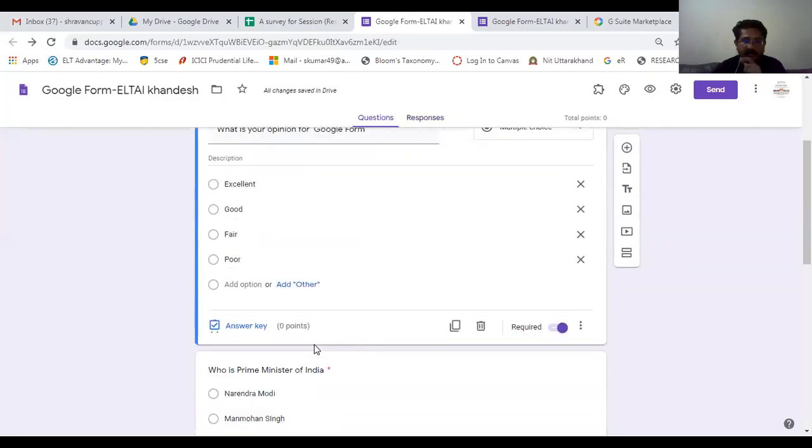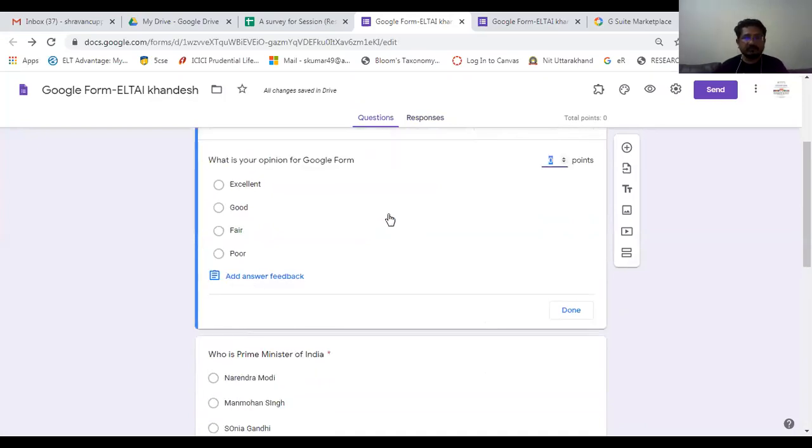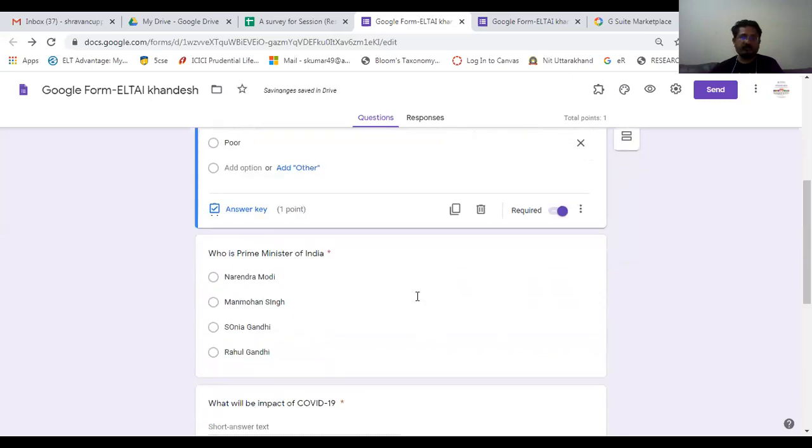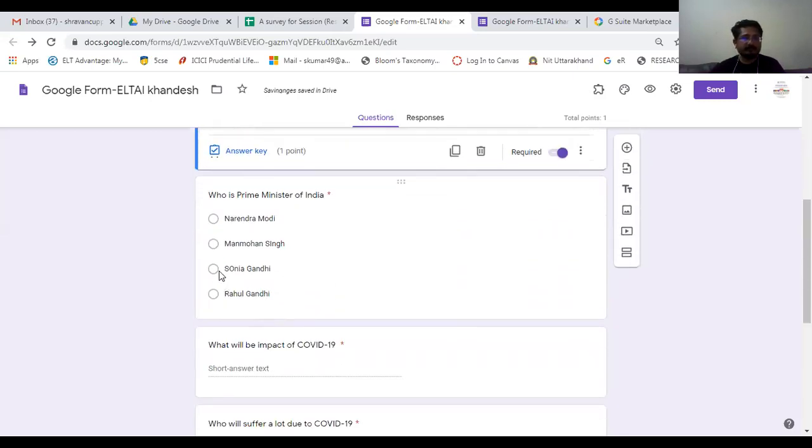I'll show you the difference between Google Form and Quiz. Here, earlier the answer key was missing, so I need to give the answer key also. If you click only on excellent, then I'll give you 1 mark. So this is the correct answer. And I wish to elaborate the answer to the student, to explain why I'm saying communication is a two-way process, so I need to write here. So done. Fine.